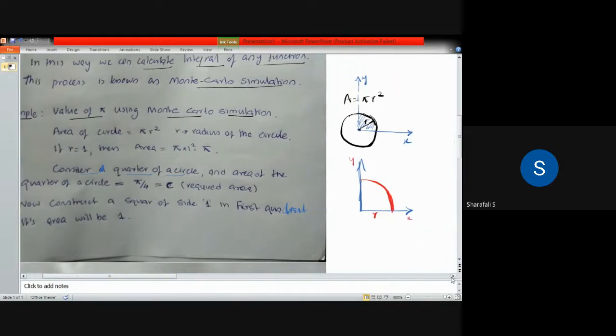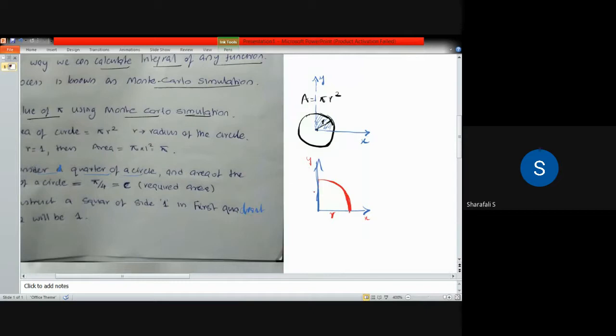Up to this, this will be your radius, and this is also r because it is representing the same circle with radius r. And the area of this portion of the circle will be pi r square divided by 4. We are dividing this circle into 4 parts, right? So this is pi r square by 4, and